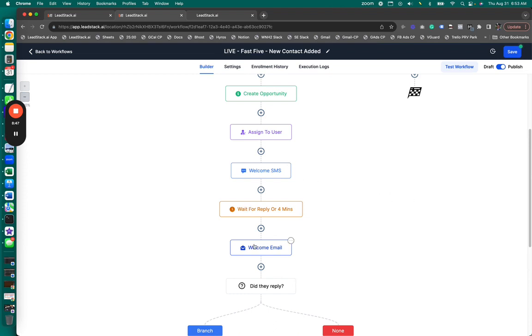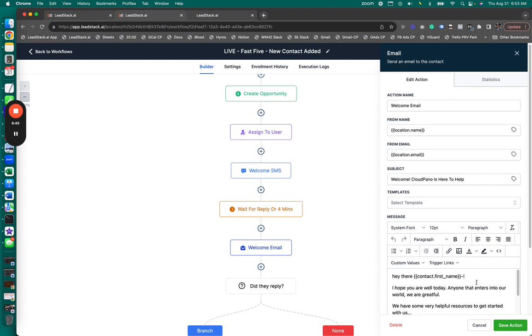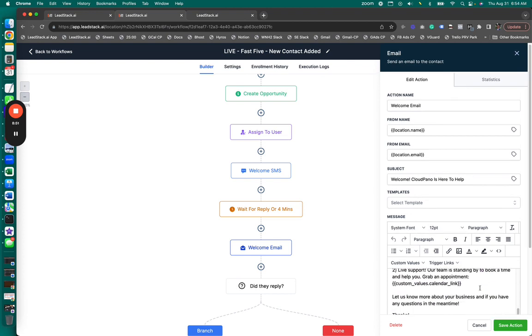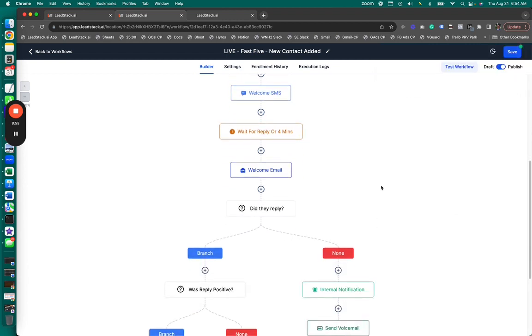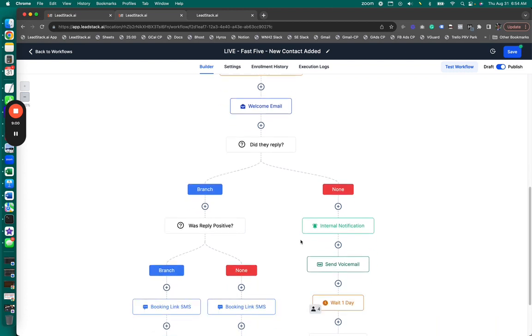So we're waiting 4 minutes. We send basically the exact same email. Emails can be a little bit longer, of course. And then we start to ask some questions. Okay, so we're segmenting again, and I'm going to show you why we do this. Because did they reply? Okay, some folks just kind of will hit a message and they get distracted with their